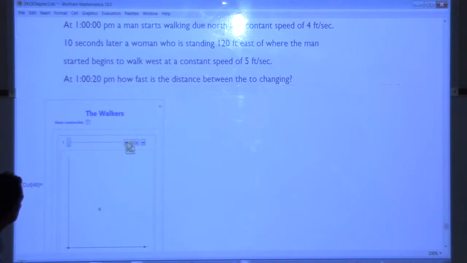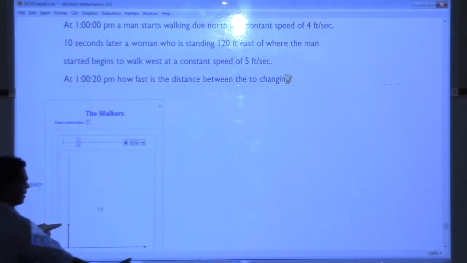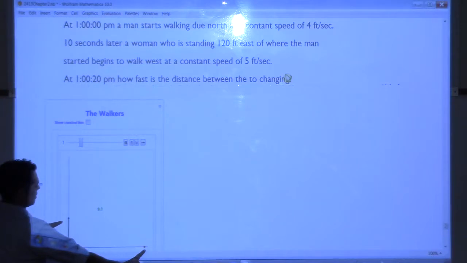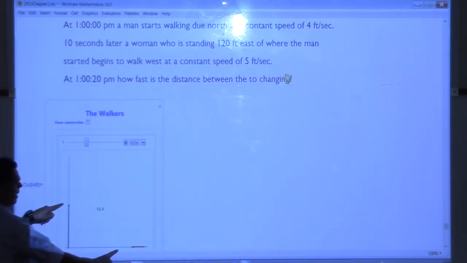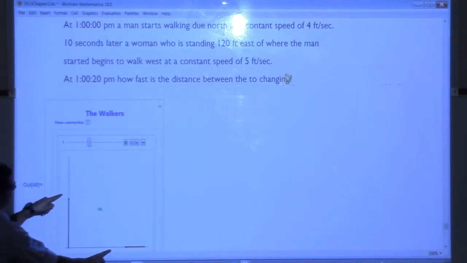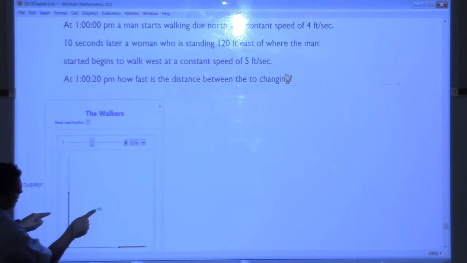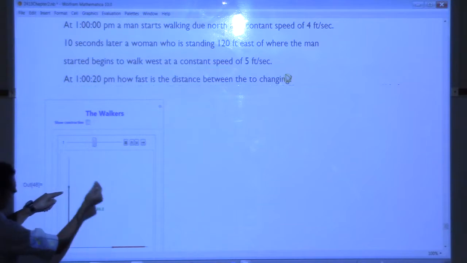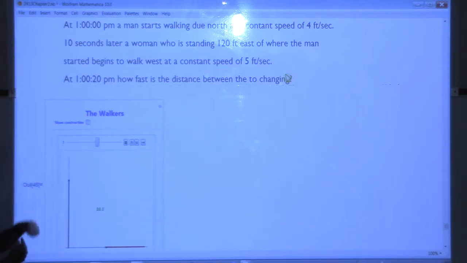So here's my animation. And I even have the time and everything. This is like 1 second, 2 seconds. So this is when he's walking north. She's standing here 120 feet to the right. And then at 10 seconds, she starts walking. And we want to know at exactly 20 seconds, which would be almost there, at that instant right there, how fast is the distance between them